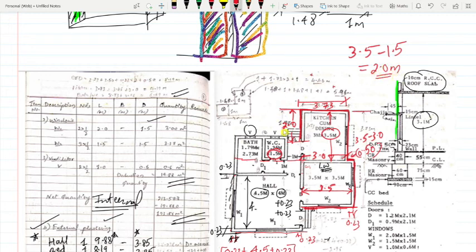So this is 2 meters length. Kitchen's vertical height is 3.5 meters, and up till here you have a wash basin, which is 1.5 meters. So 3.5 minus 1.5 is 2 meters. Got it?